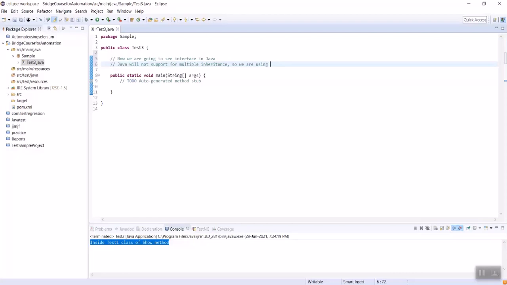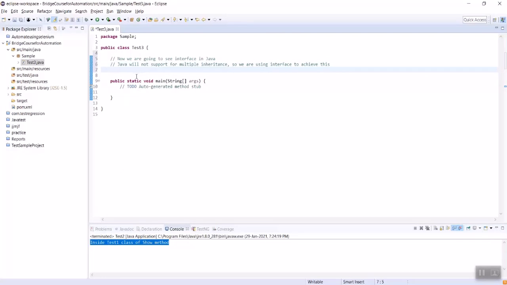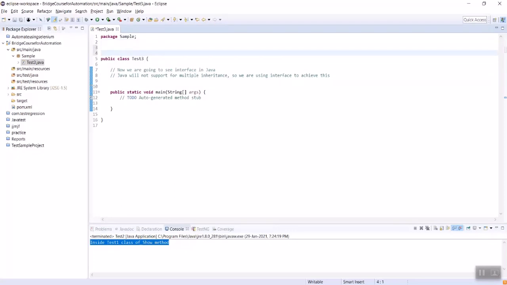In the inheritance block, we will be initializing some methods, and the same method will be used in the following classes. For your understanding, I am commenting; you can make a note of it. Interface is a keyword.